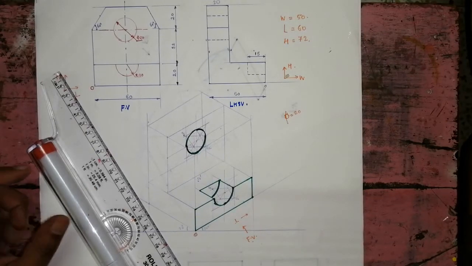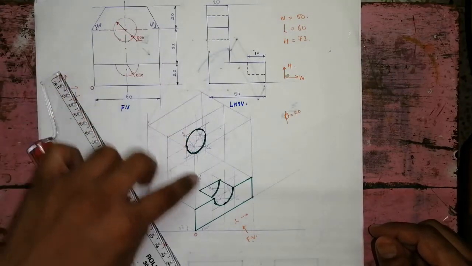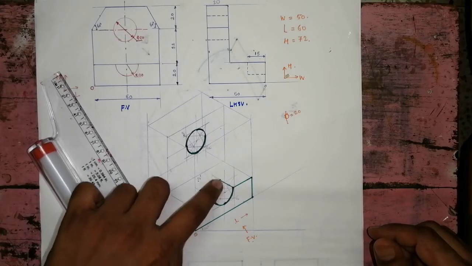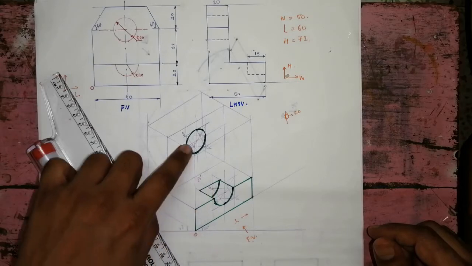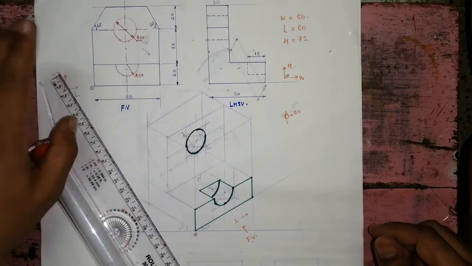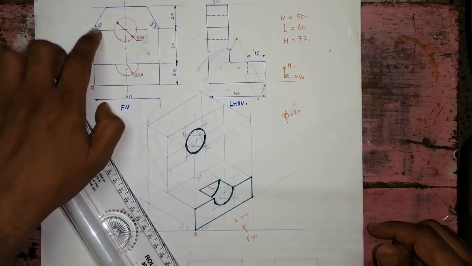Now what is remaining? The width of this circle is 20, so here we have transferred the center, because here the width is only 15 mm, so the second half arc of that circle is visible, but here it is not visible, so we are not transferring those centers here. So it appears here only. Now the next part is this one.